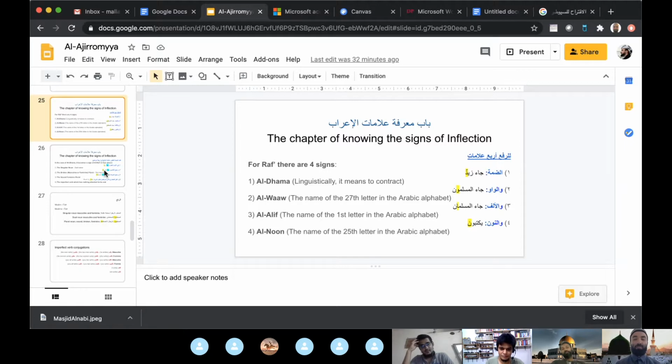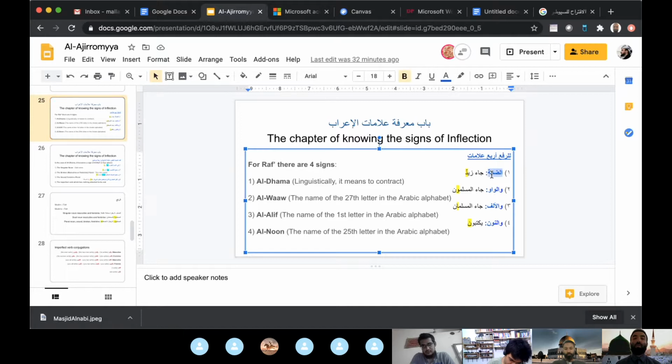So these are the different signs of Rafa. And we said the sequence goes like this. You look at the sign, you realize this sign is the sign of Rafa. So you look at the sign and you realize it's a Dhamma, right? And then you say to yourself, oh, Dhamma when it comes to singular nouns is a sign of Rafa, right? So then you say to yourself, oh, that means this singular noun is marfu', meaning it has the inflection of Rafa. And then from there, once you know it is marfu', you know its role in the sentence. For example, if I said ضرب زيد عمرا,